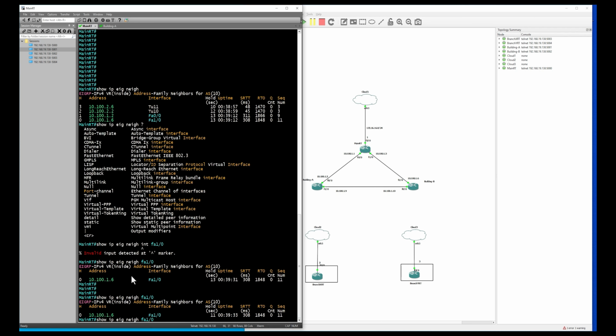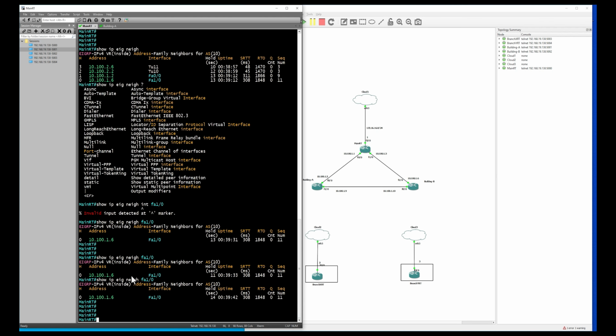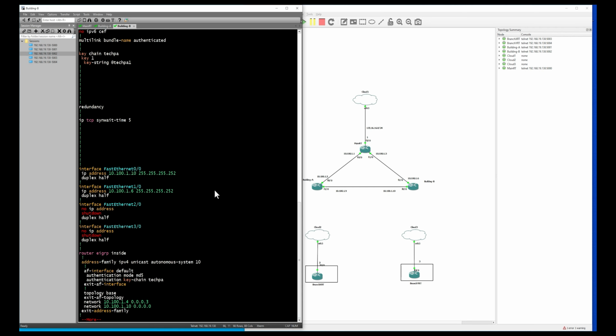You can find that 10.1.1.6, which is the building B router, is a neighbor, and this is the hold time and this is the up time for all of this. And on the building B router,